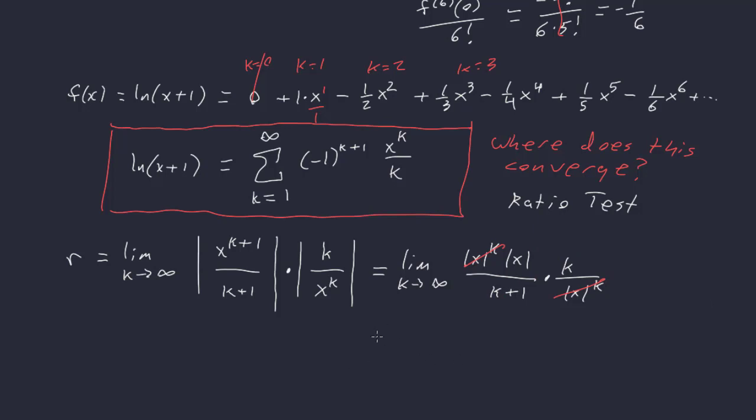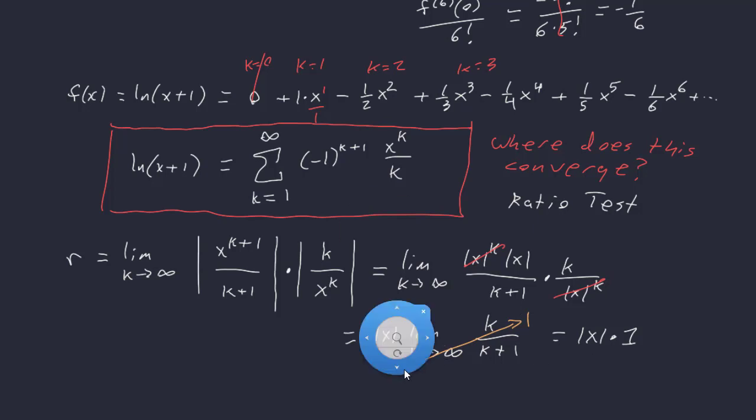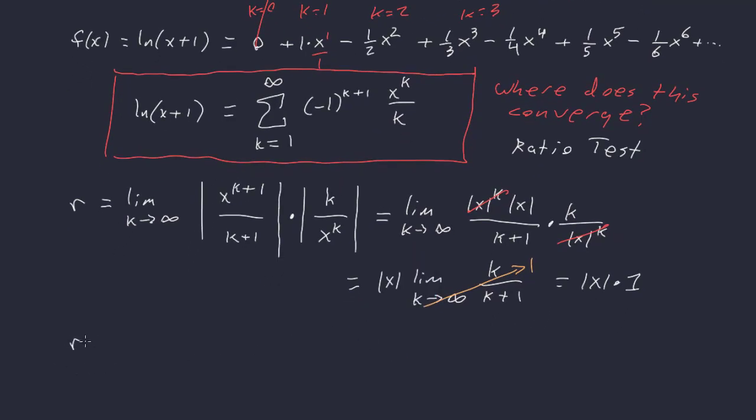And just like before, we can take the limit as k goes to infinity, and actually we can move that absolute value of x outside and just focus on the limit here. And the limit here goes to 1. Okay, so this comes out to just be the absolute value of x. So r is equal to the absolute value of x,